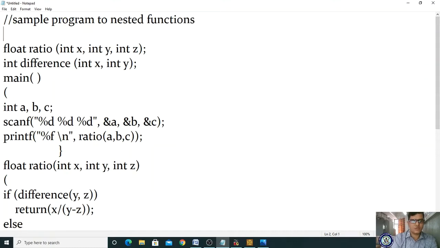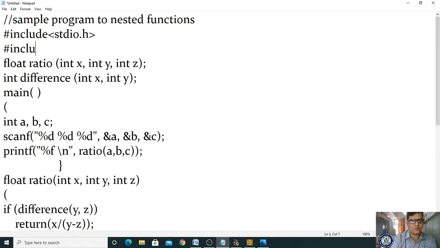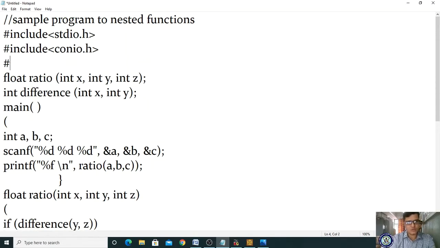functions, right? So it is always better to write #include <stdio.h>, #include <conio.h>, #include <math.h>. So this is the function prototype declaration. float is the return type, ratio is the name of the function.